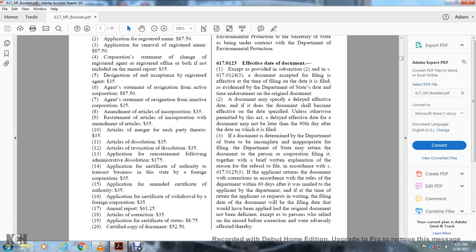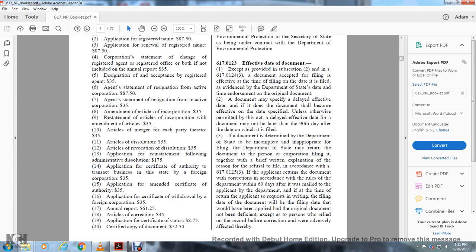The Department of State may return the document to the person or corporation filing it, together with a written explanation of the reason for the refusal to file, in accordance with statute 617.0125. 3. If the applicant returns the document with corrections in accordance with the rules of the Department within 60 days after the mailing to the applicant from the Department,